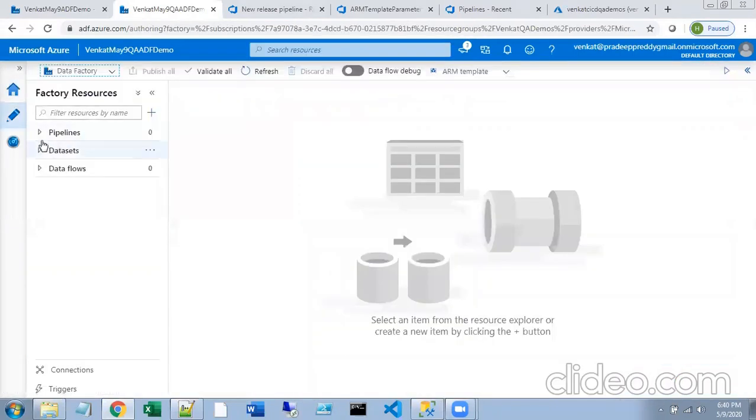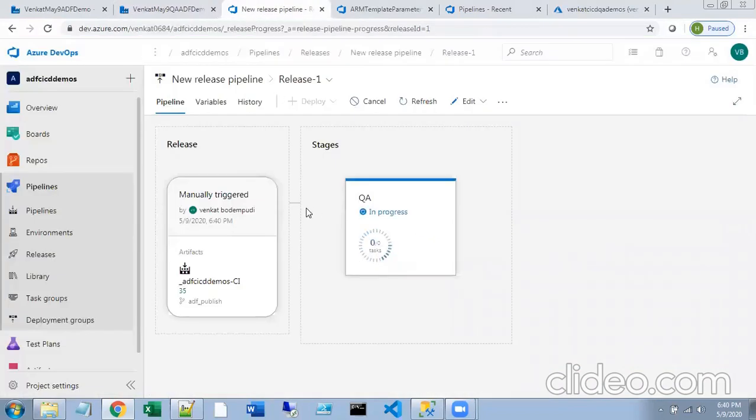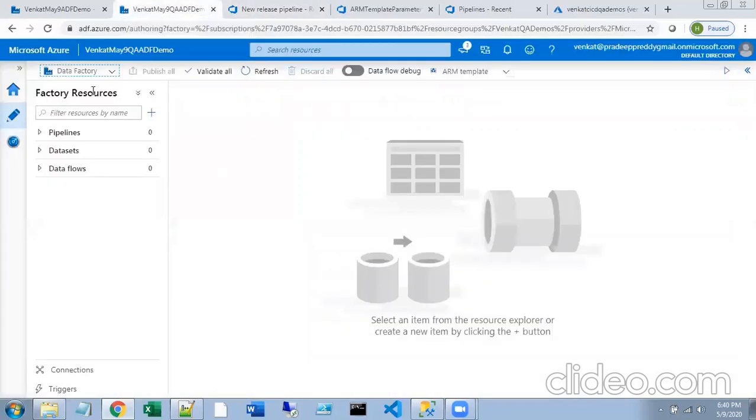Once this is completed, you should see the pipeline has been created, and the linked service and all connecting to the QA environment. This is completed. Just click refresh. You see the pipeline has been created. Sorry, it is just created, not executed.